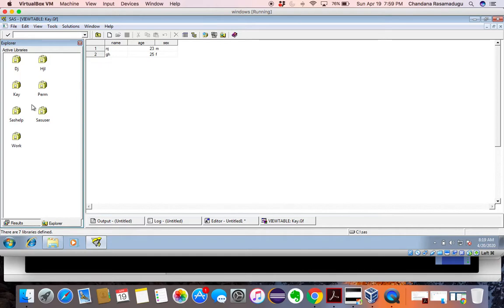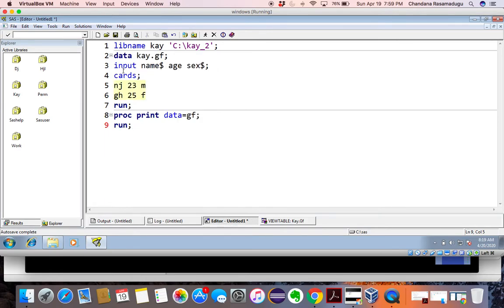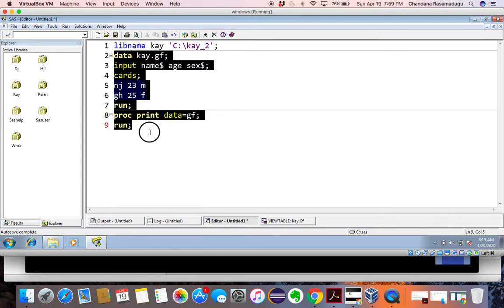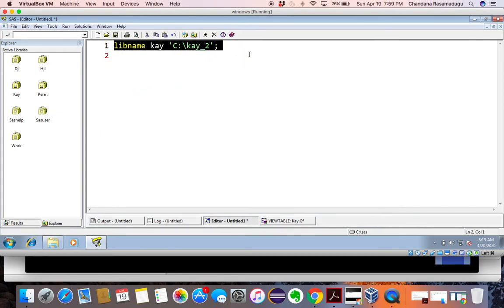Those are inbuilt libraries. And also we can create a new SAS library by using SAS utilities or by writing the code. We have seen earlier how to write the code, but I will explain it now. Okay, let's see how we can create a SAS library by using code. I'll take this off, and this off too. Now let's create a library. We already discussed that we can create libraries by using which statement? Libname statement. Okay, libname.